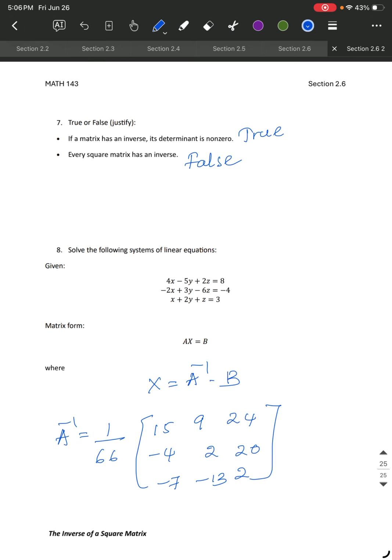Okay, the content is too big for section 2.6, but hopefully you can understand the section. Okay, this chapter 2 is now done, so let's move forward to chapter 3, and I will see you